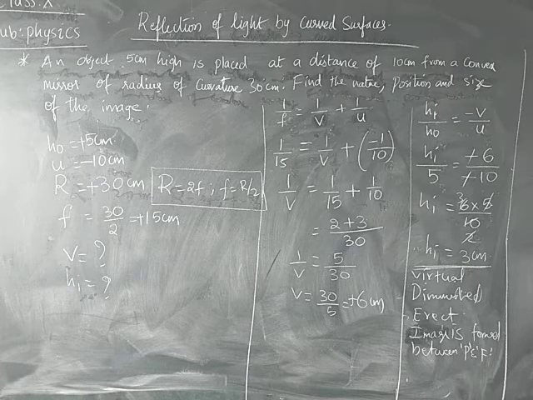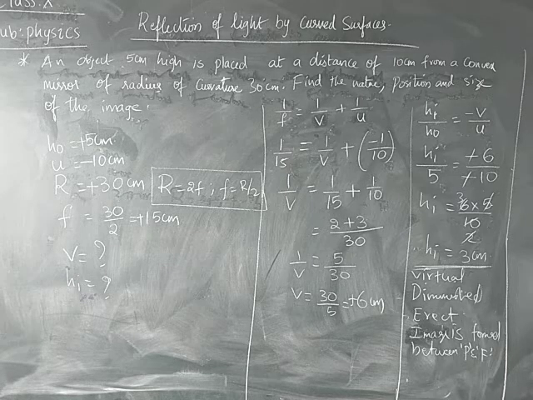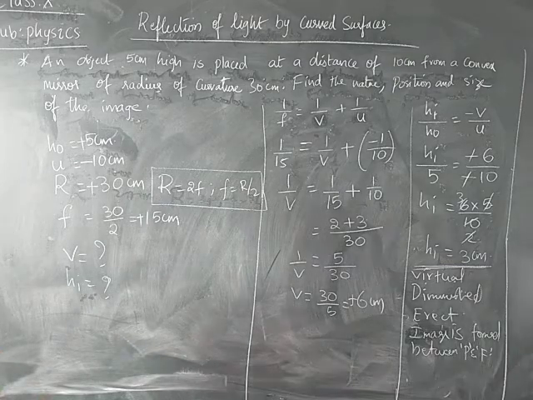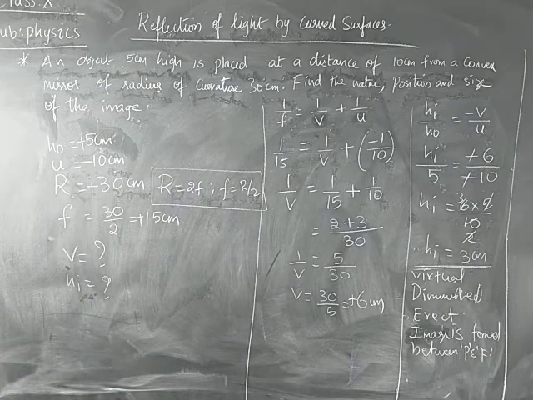Therefore, as we are getting a plus sign, we say it is a virtual image. A virtual image is always an erect image, and here it is giving a smaller image, therefore it is a diminished image, and the image is formed between the P and the F. Okay, children, this is about the problem of this one.